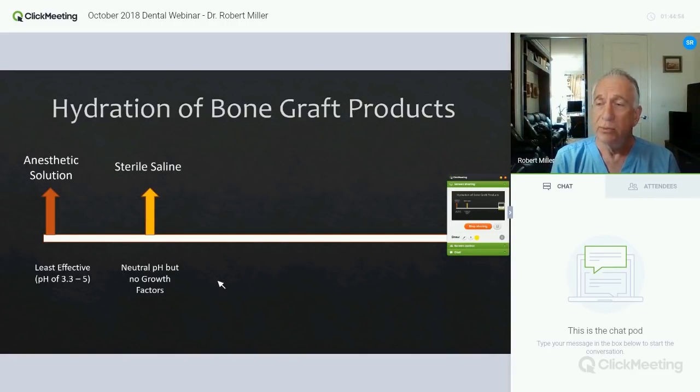It's a neutral pH, which doesn't really get in the way of what we do, but it has no growth factors. It simply gives us some better handling of the graft material to deliver it. And it really is just using saline to give it better handling characteristics. But